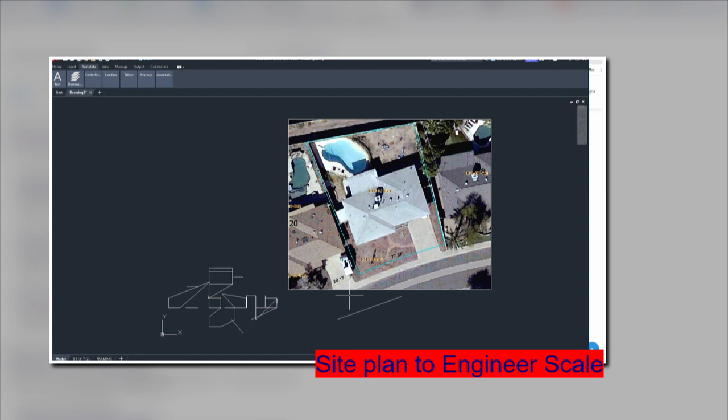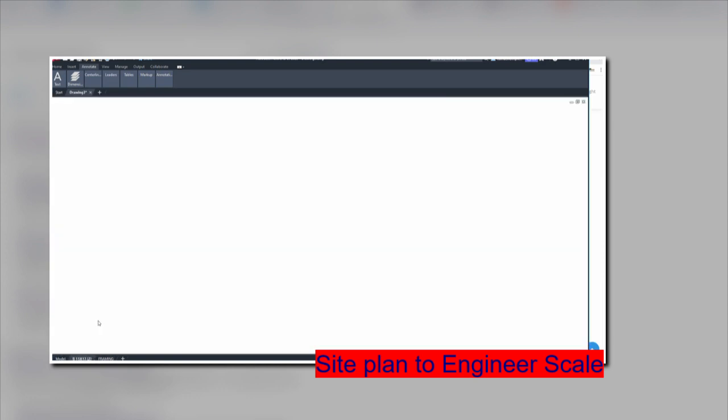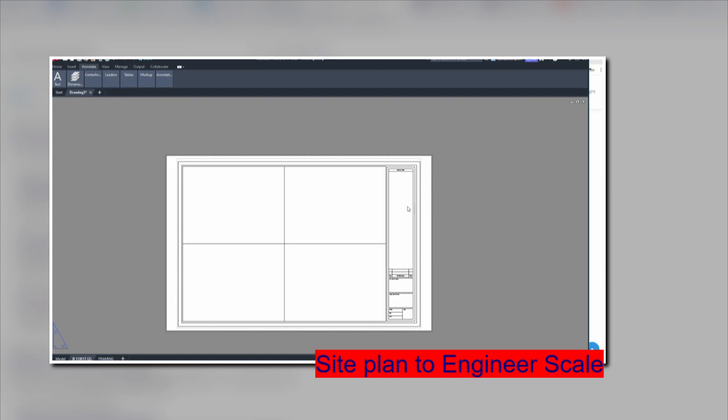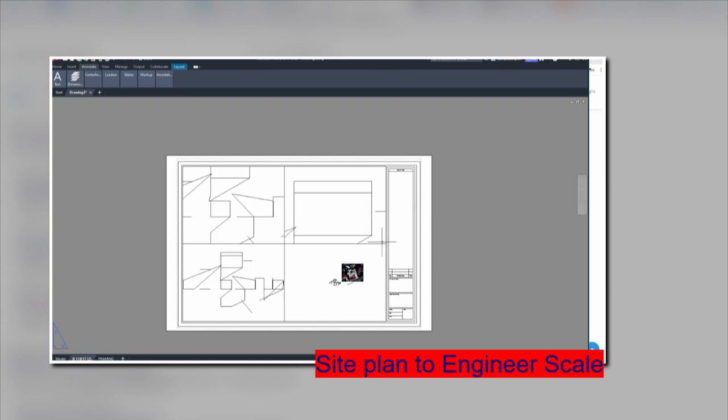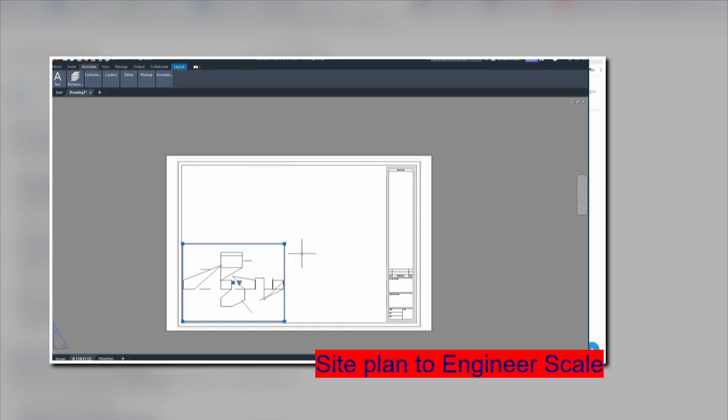So then we have this drawing here. And most of the time, they want drawings not in a 1/4 inch per foot. They want it in engineer. So engineer is a little tricky. It's not set up in AutoCAD. So let's go in here and go to this 11 by 17. We have this one, this space here, but we're going to remove all these. So we'll delete these. And delete that, and we'll make another viewport,